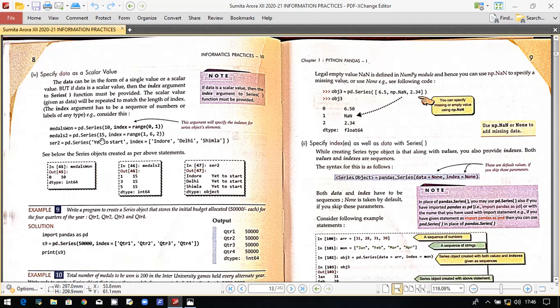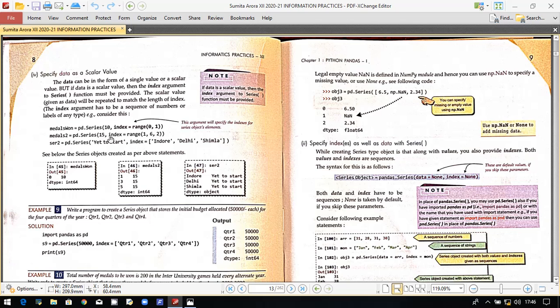But here we have again given a single scalar value, but the thing we have changed is the range. We are mentioning index equal to range(1,6,2). So it is going to start the index from 1 and end at 5, because 6 is mentioned, so one less than 6, and the step is 2. So the first index will be 1, the second index will be 3, and the third index will be 5.